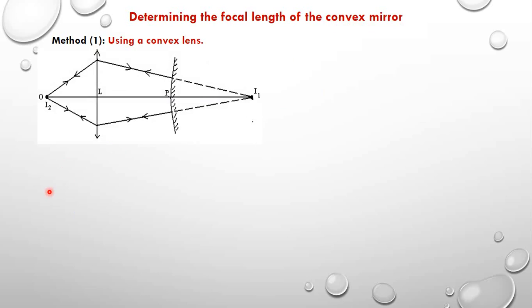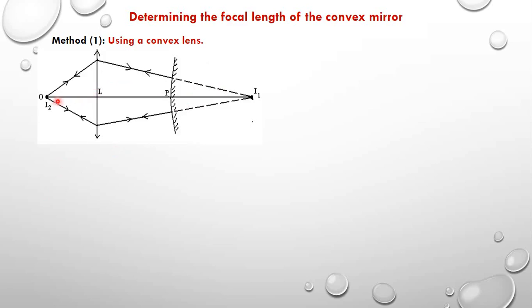Let's look at the determination of the focal length of the convex mirror. We have also here a number of methods. Let's look at the first method, that is using a convex lens. So here we shall get our convex lens. Before we place the convex mirror, we shall place an object O in front of the convex lens,